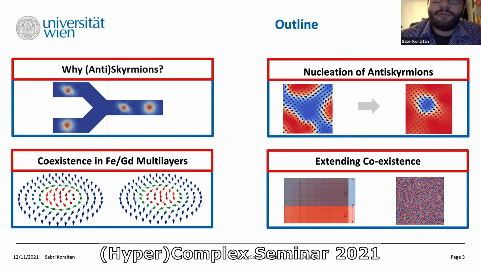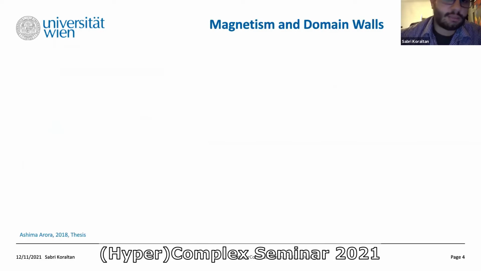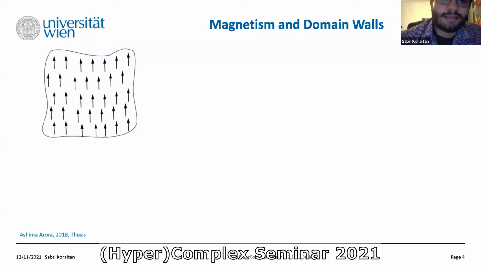But since we are from so many different, let's say, fields of physics, I thought that I would just give one very short slide about how magnetic moments in magnetic materials are aligning, which in a ferromagnet would be that they will always try to be aligned in a parallel fashion. So here we have a magnetic system, let it be a thin film. And here the magnetic moments will always try to be aligned along the same direction, which is usually governed by